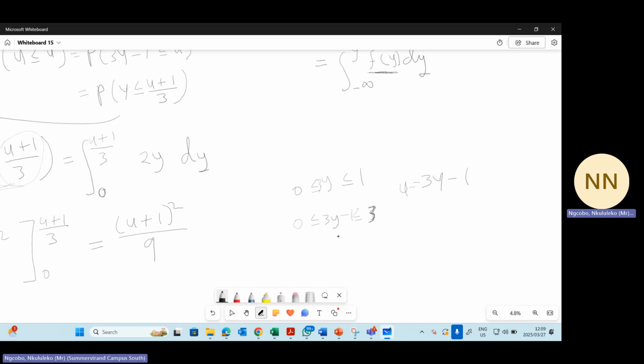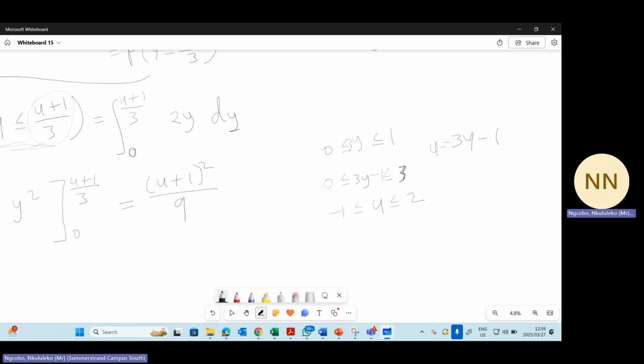So this becomes u, this becomes minus 1, this then becomes 2, right? So what does it mean? Your distribution function for u is (u plus 1) all squared divided by 9, and the interval